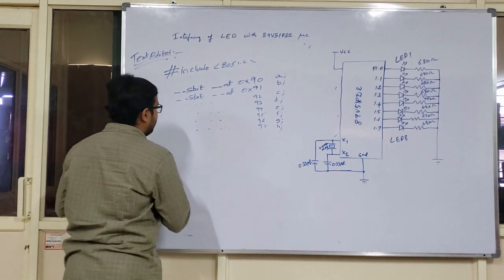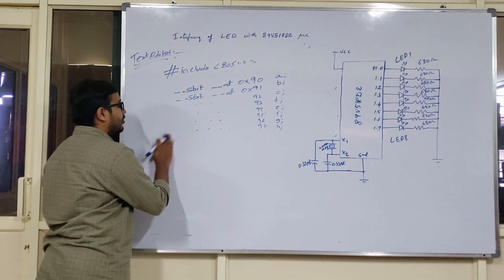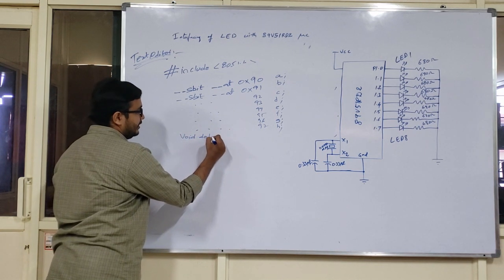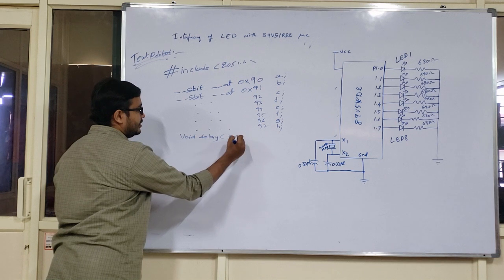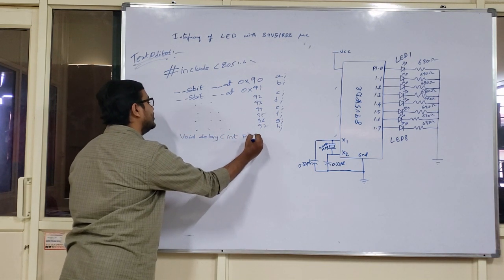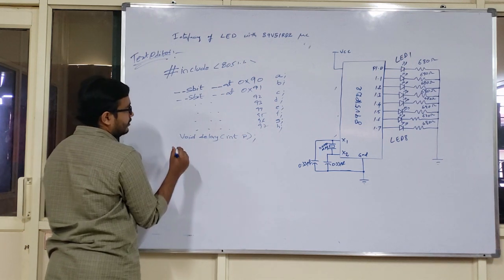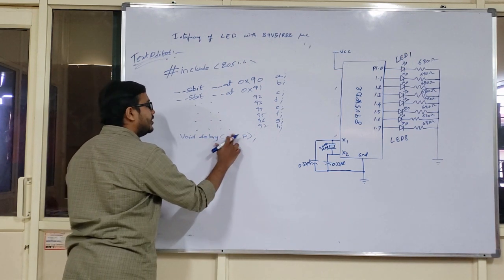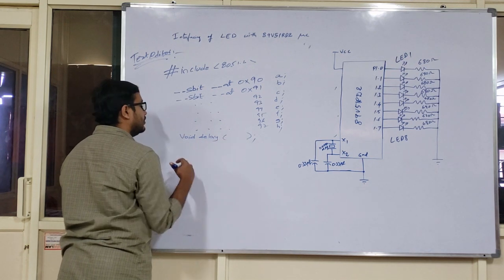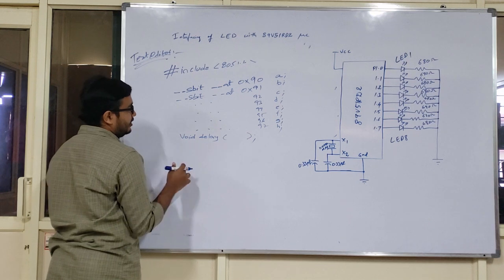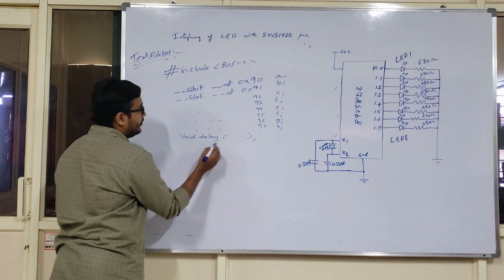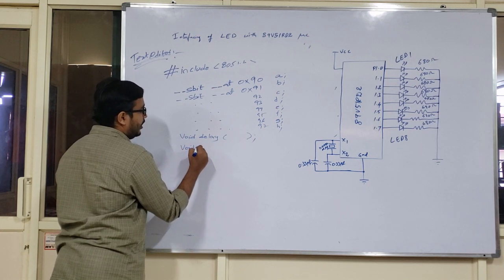Now let me open the program. Before it I have to write the function declaration, that is the delay function declaration. If I would like to take a parameter, I can take int p here. Now, without taking the formal parameter also we can do the programming. Let me assume I don't have any parameters inside the argument. So let me open the program, void main.